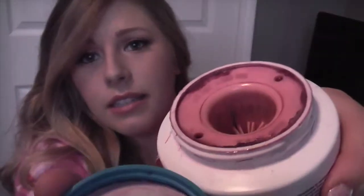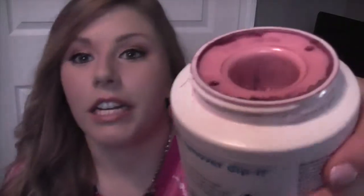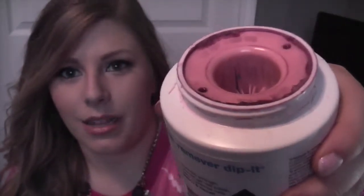If I can show you guys, it has these little, as you can see, like little bristles, and they really scrub at your nails to get the glitter off, which works amazingly. This one is very dirty. I think the acetone in it is purple now from my nail polishes, but I have repurchased this and some of the bristles did fall off,